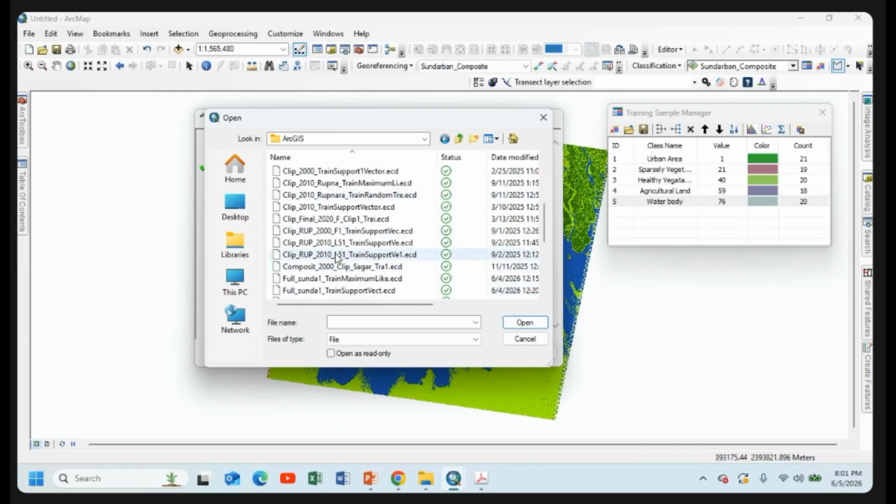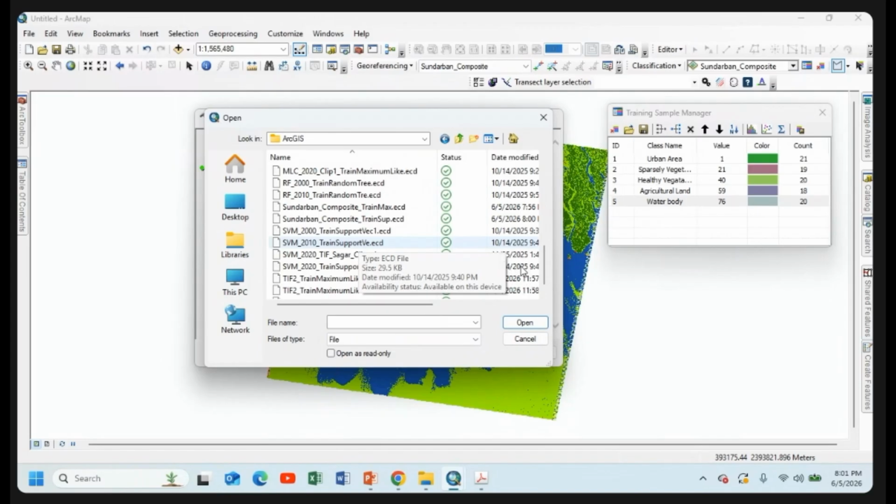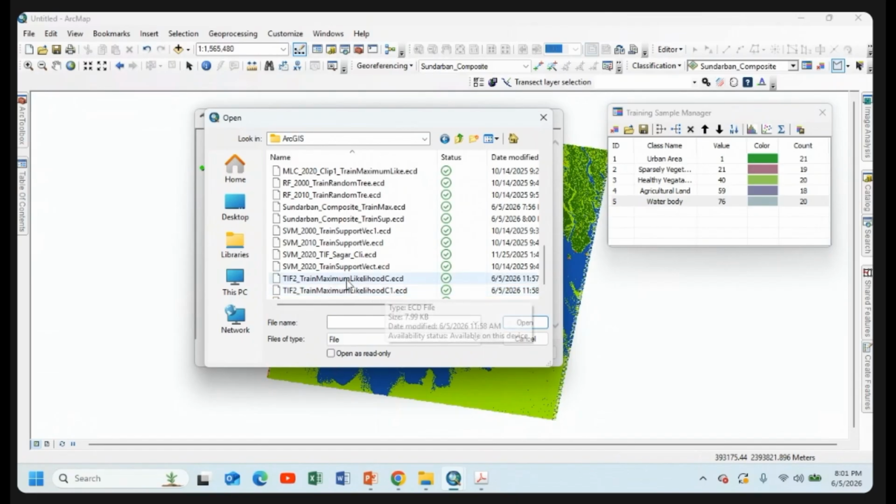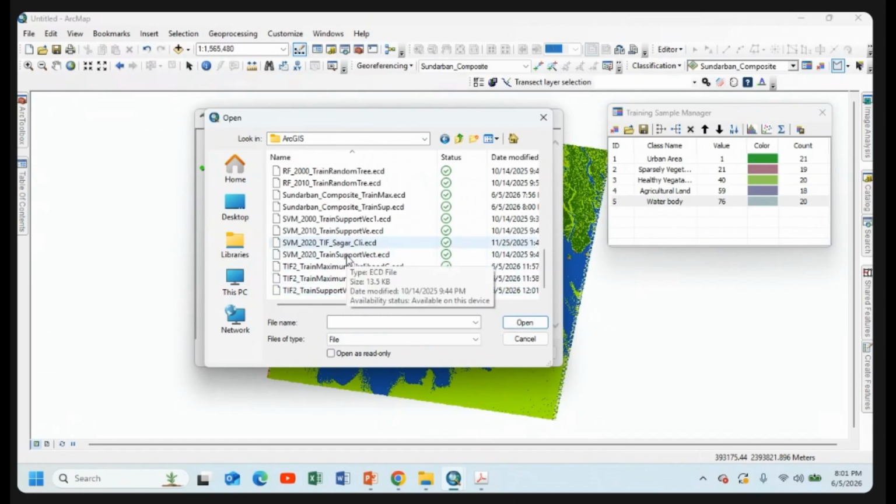We need to find our file, specified by date, so you can easily find your training sample.